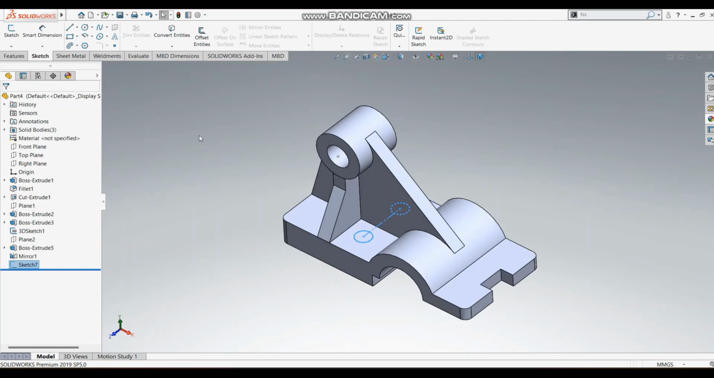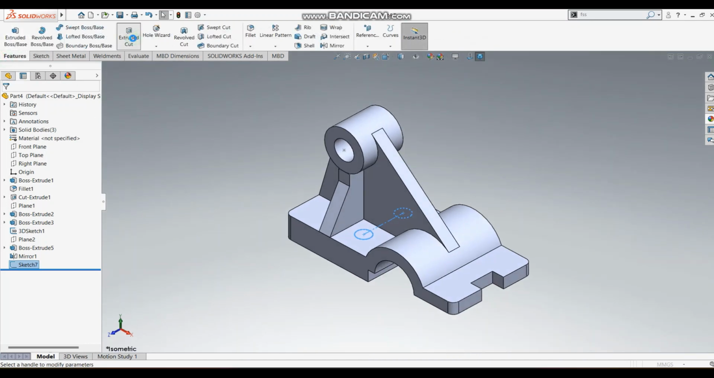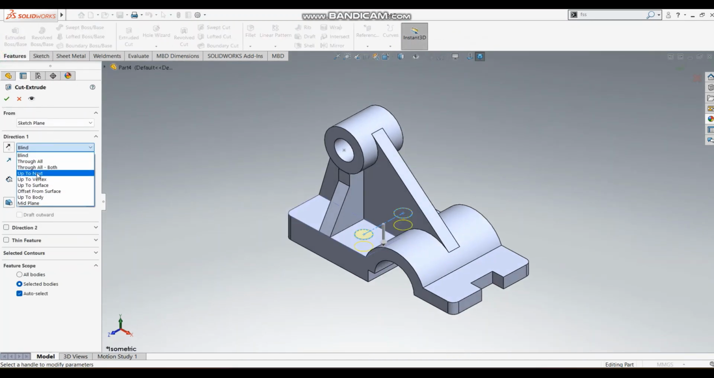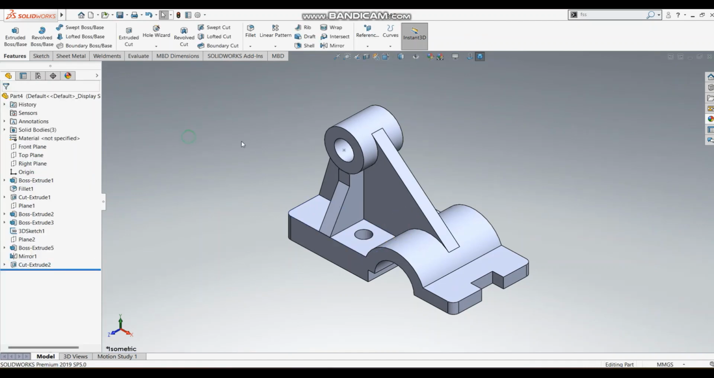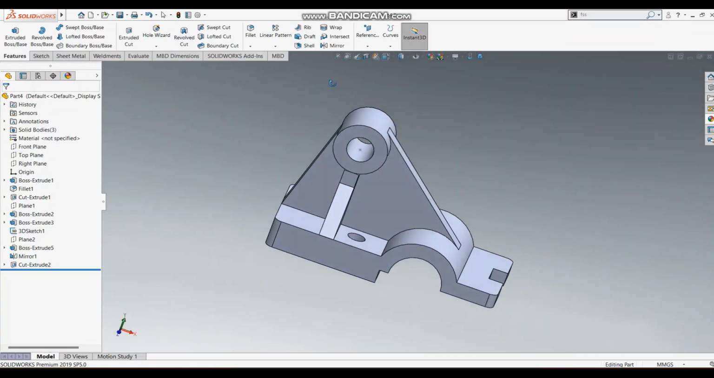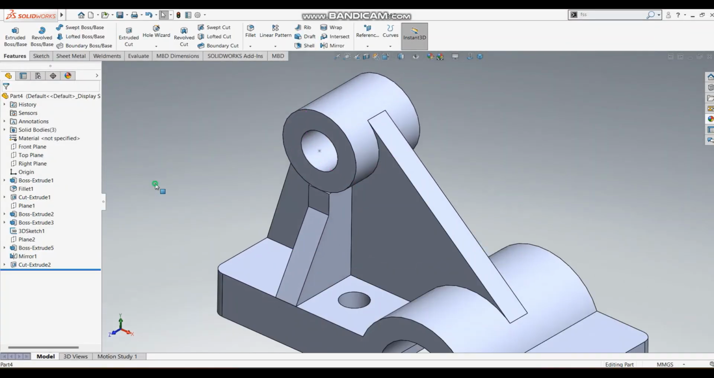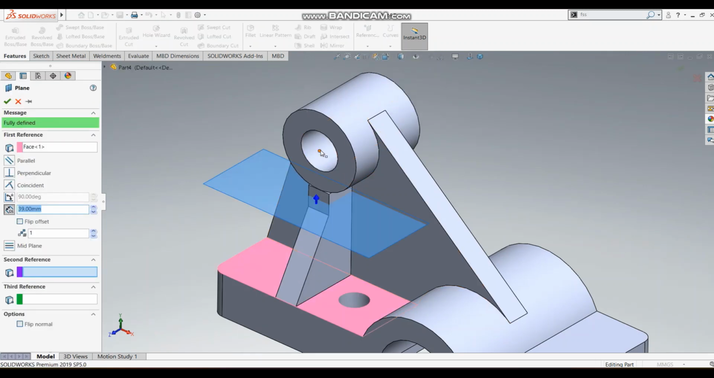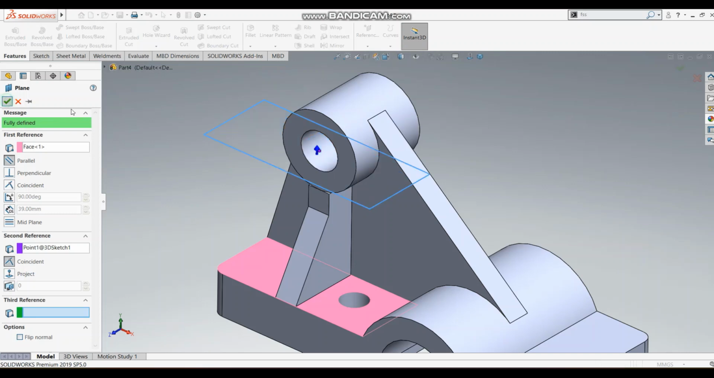Come out of the sketch command and features extruded cut up to next. Yes, so in this way we have completed the part, but still we have left with one last feature, that is oil hole. So 3 is the size for that, and we can draw that again by drawing a reference plane. First reference, second reference, this is correct,